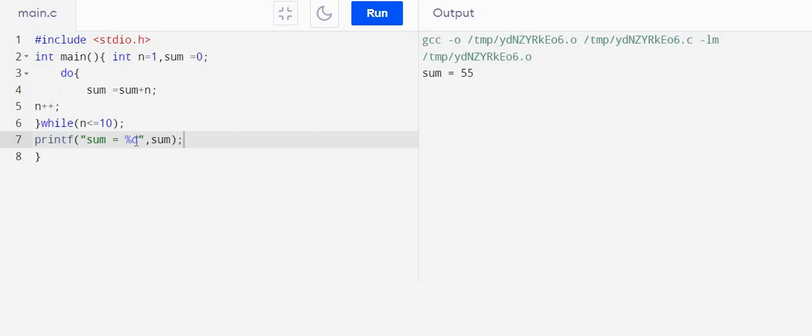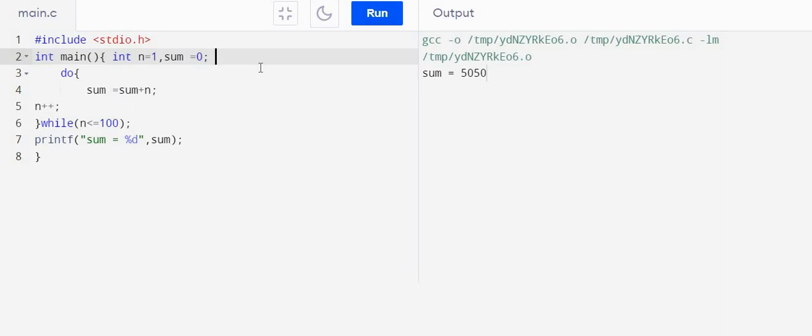Sum is 55. Suppose you want to add say 25 numbers, then 25. Run, this is the addition. Suppose you want to add 100 numbers, 100. Run, sum is this.